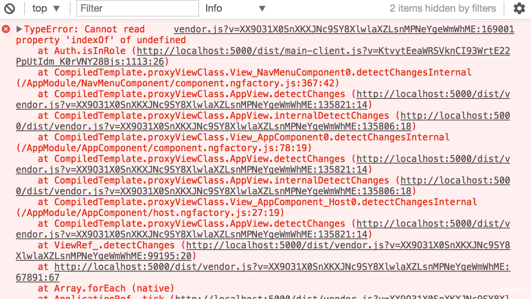Okay, before going any further, I just discovered a bug. So I registered with a new user, and this user obviously doesn't have the admin role by default. So when I logged in, then I saw this error. Cannot read property index of undefined. And this happened in